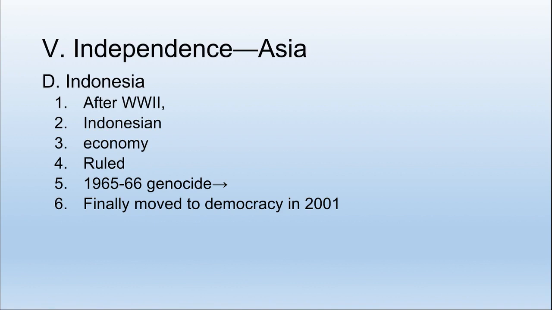So the economy is struggling, coup led by Suharto. Suharto is going to rule the country as a brutal dictator, a police state, with lots of corruption and lots of major human rights violations. One example of the human rights violations is the 1965-1966 genocide, in which 500,000 to a million Indonesians